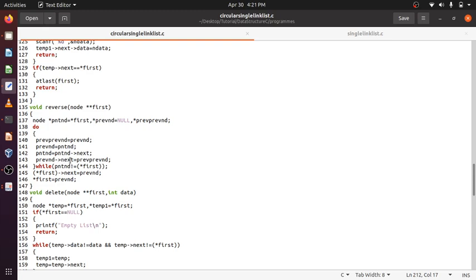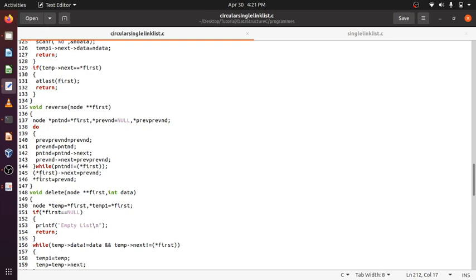Previous node now becomes the first element, and previous next, which is the fourth element, will now point to previous next, which is the fifth element. Previous points here to fifth element. The previous node, the fifth element, will now point to the fourth element. Previous to previous will contain the fourth node. Okay, after that, not equal to null, no, it has become equal to null, because here it is not equal to first. Yes, it no, it has become false. It is equal to first.